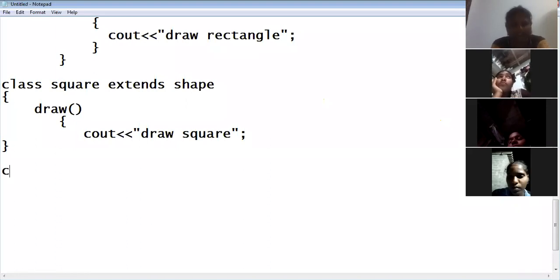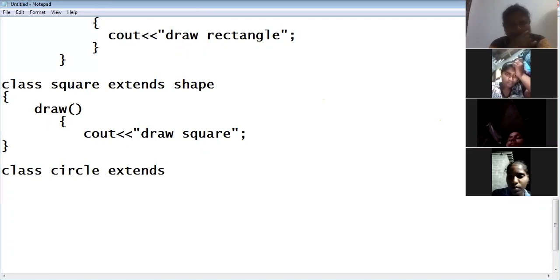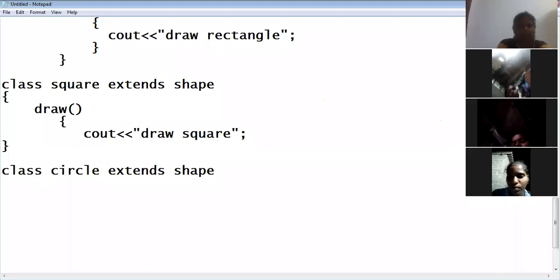Similarly, you can write class Circle extends Shape. This is also from Shape, but it has its own implementation.